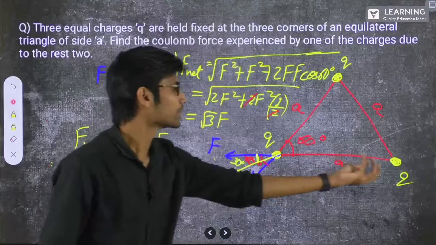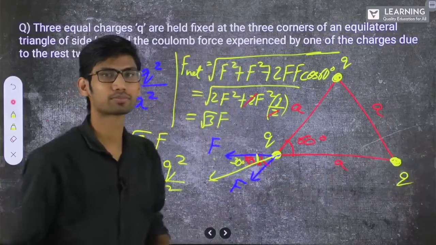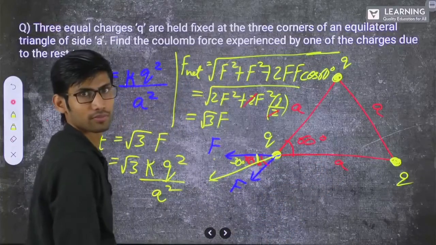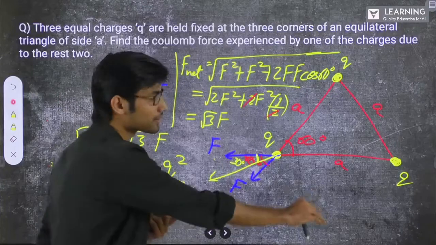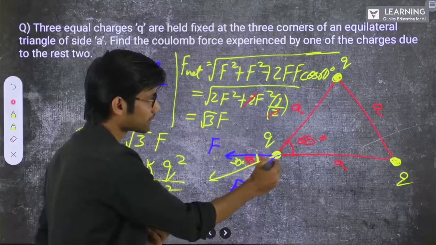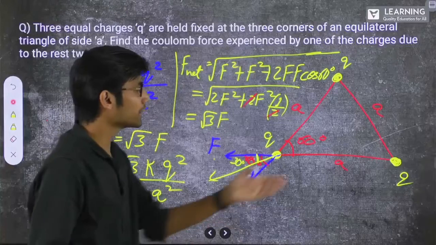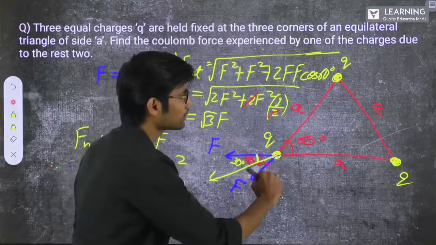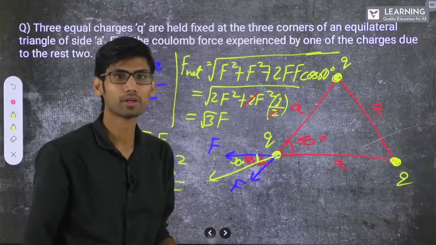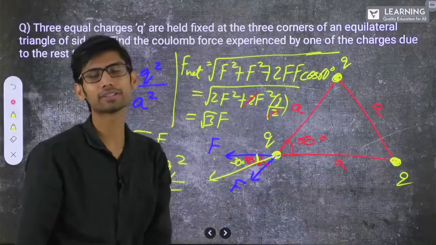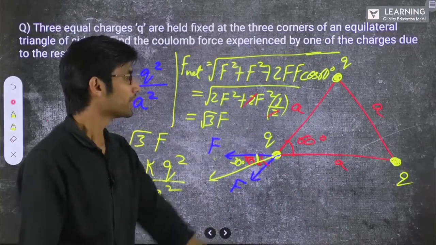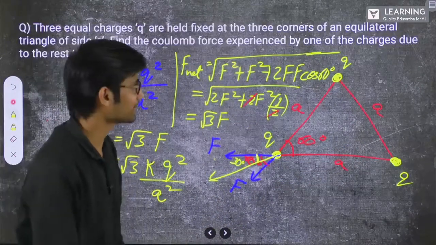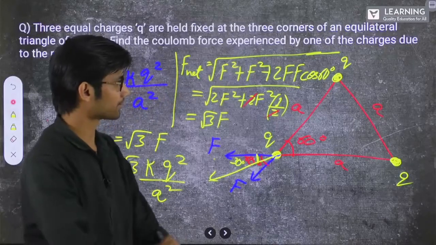They can give one charge as a negative charge. Then what will happen? The direction of this force will be reversed. The magnitude will be the same, but the direction of the net force will be changed. Here maybe they can make both these charges negative. Then both the directions will be opposite. Likewise, they can make variations and changes, and you can get different kinds of questions. Now will you be able to solve all those questions? Yes? Alright. Let's go further.